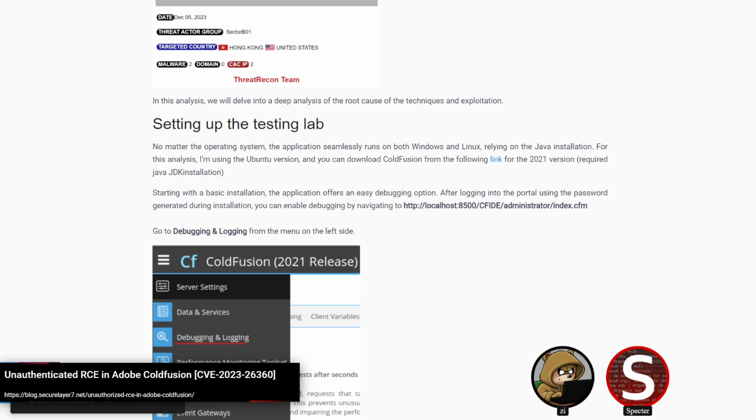Okay. So yeah, long story short, it's used for deploying and quickly spinning up web applications. And this chain of vulns, or singular vuln, however you want to classify it, we'll get into that, was confirmed to have been used in the wild, attributed to a Chinese government-sponsored APT against Hong Kong and the US. So it includes two vulnerabilities, or one, depending on how you read it, because they both leverage the same thing. And that's the fact that there's this class name parameter that can be passed into a request. And if that class name doesn't match a valid Coldfusion class, it'll treat that class name as a path and uses that to compile the file on the fly for rendering the page.